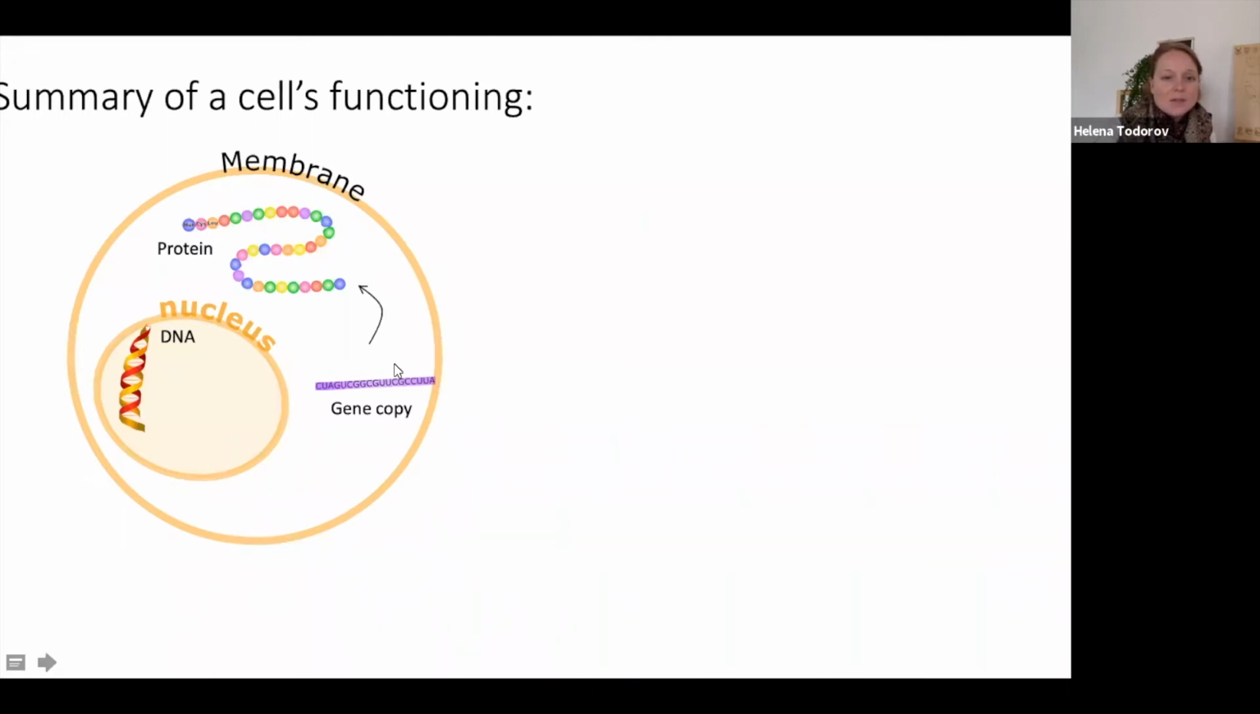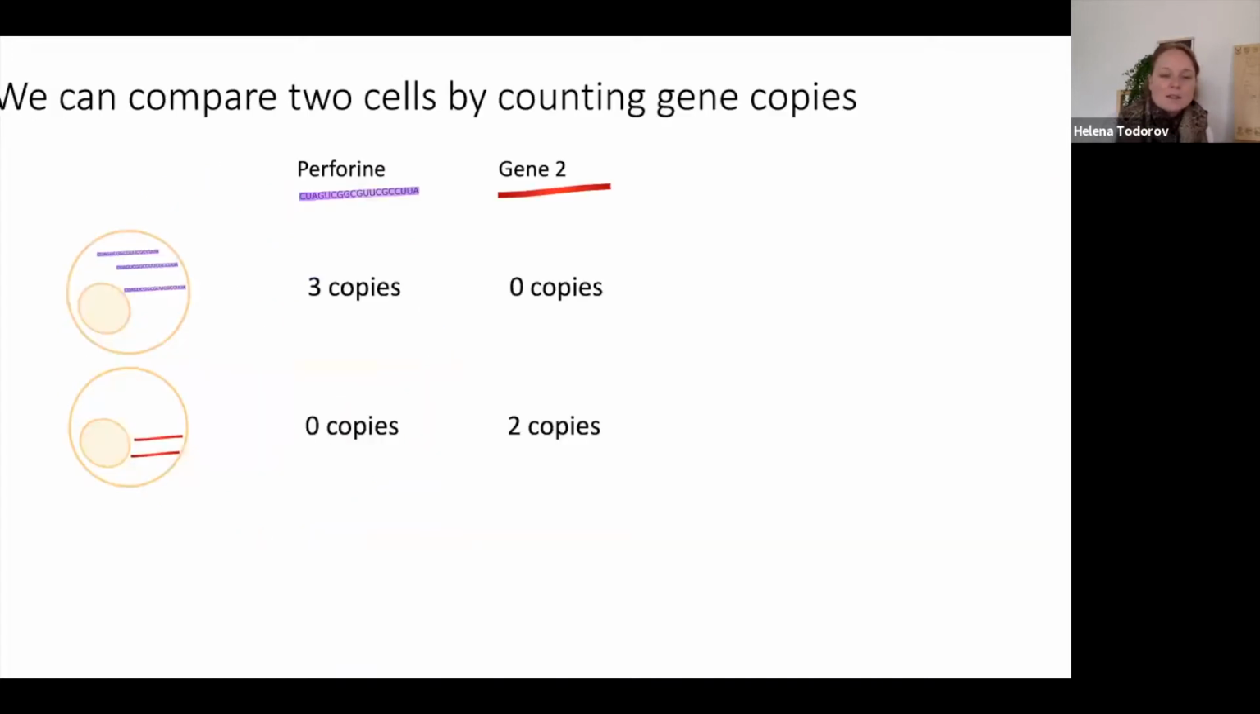These gene copies are actually what we're interested in. I typically work with RNA sequencing data. This is useful if we want to compare cells, for instance. As an example, we want to compare these 2 cells and we can see that we find different copies of genes in them. In the first cell, we find 3 copies of this perforin gene, but 0 copies of this